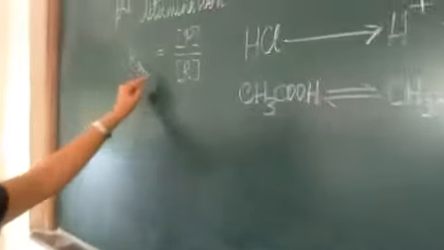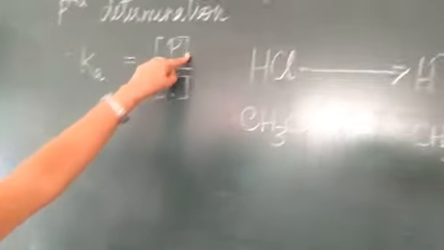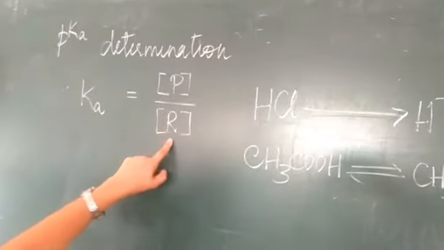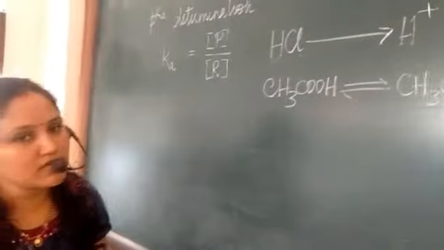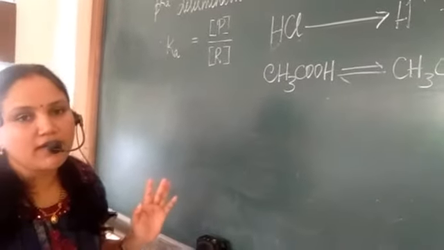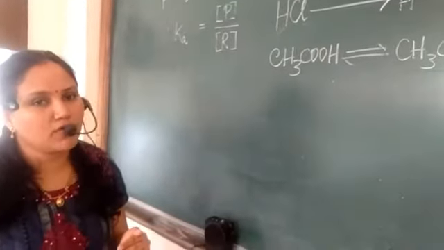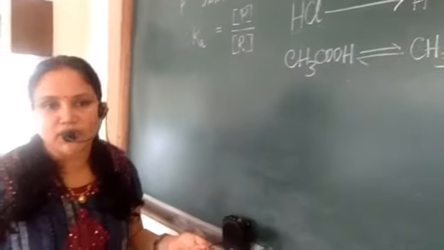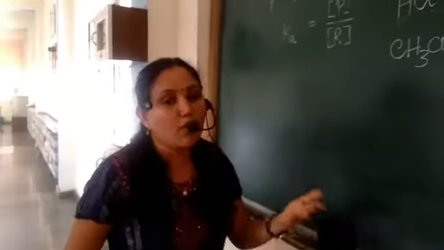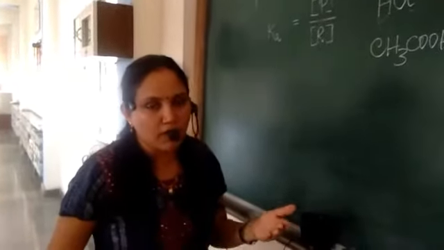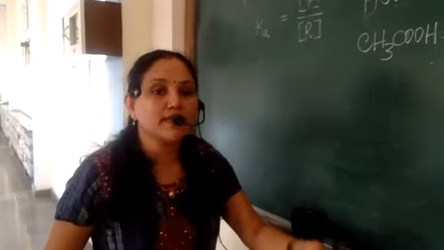If you see the dissociation constant formula, 100% has been converted into products, there are no reactants, therefore the dissociation constant is 1. Therefore, for a strong acid there is no need to find the dissociation constant. For a weak acid, we need to find the dissociation constant, because depending upon it, we can tell how strong this acid is. If it is nearing 1, it is a strong acid.